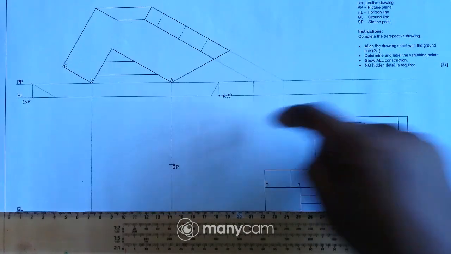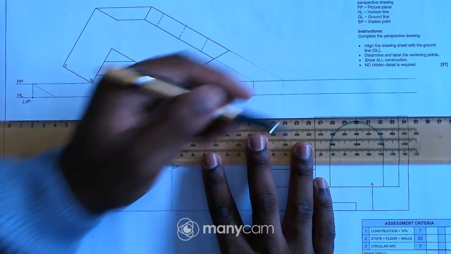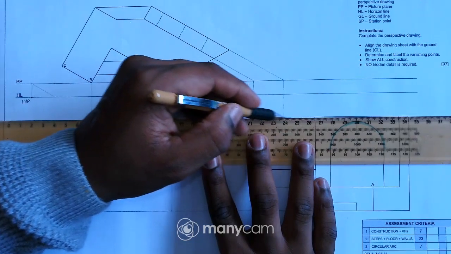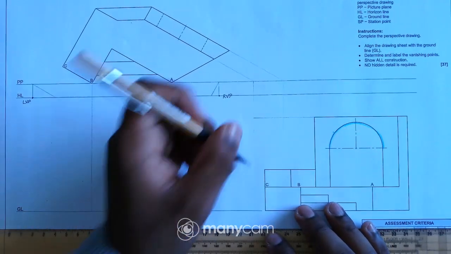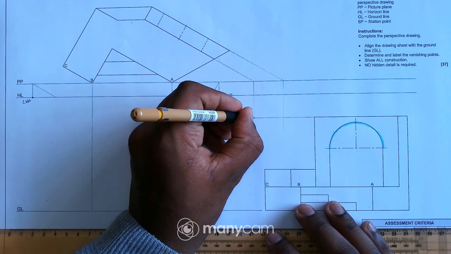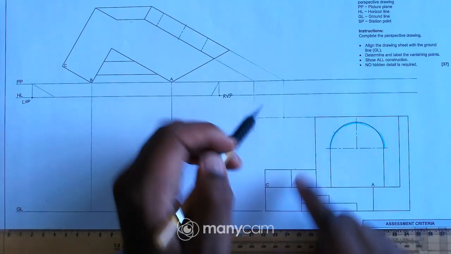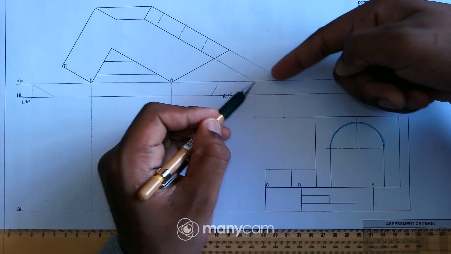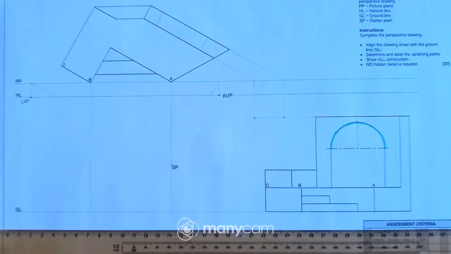And then now I have to project the height to those two lines, right? Okay, so I'm trying to get the height of that surface. So from here I have 2 points, as you can see. It's 1, 2.